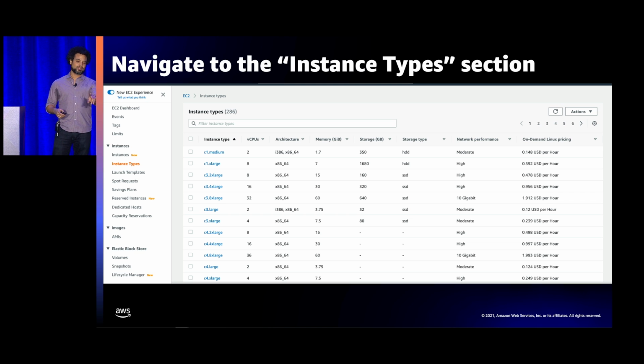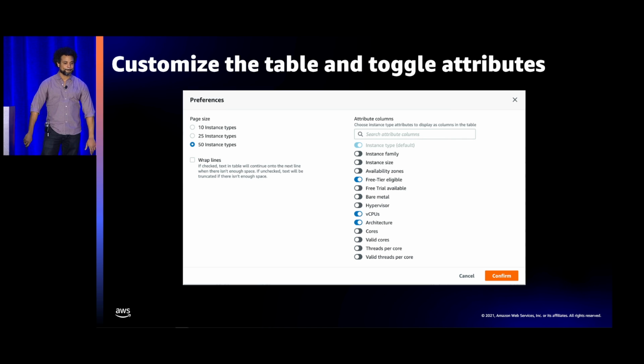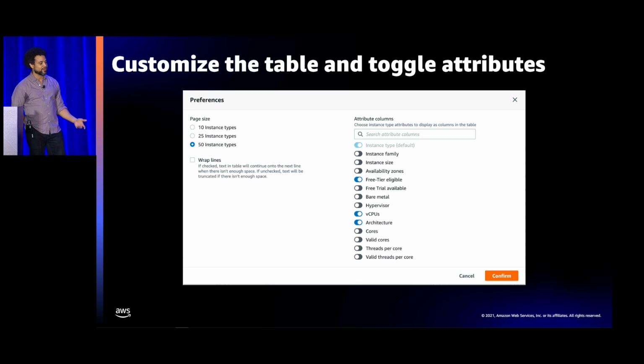So if we look at the top right-hand corner, you'll see a little gear. If I click that gear, it'll take me to the customization screen. And here I can see a set of preferences. On the left column, you'll see I have a page size selection. So I can customize how many entries are actually returned on the screen. And of course, if you have a larger display, you might choose a larger page size because then that's less things that you have to click through and scroll through. So that's the first thing you want to consider.